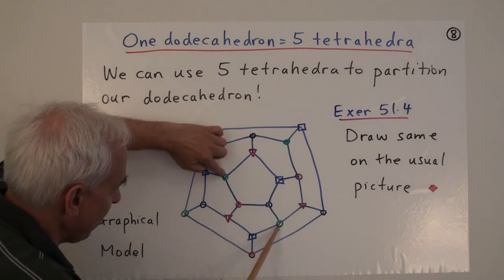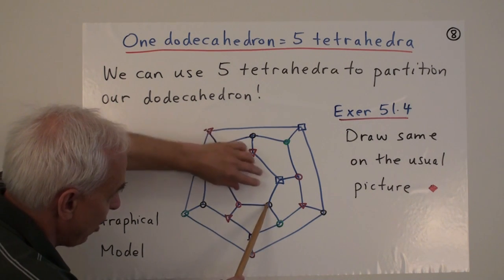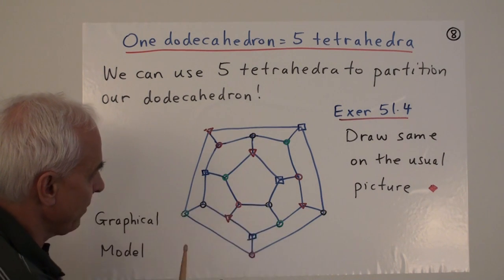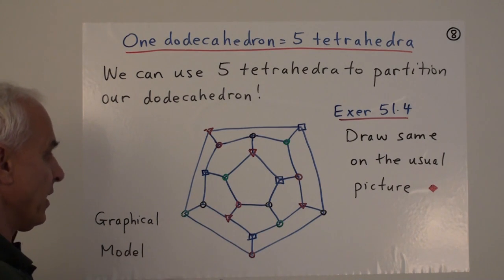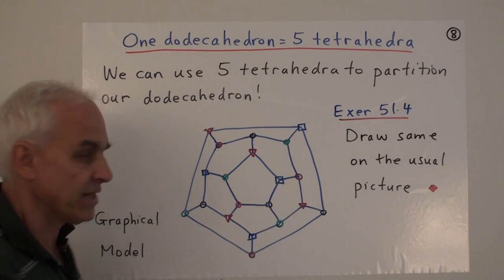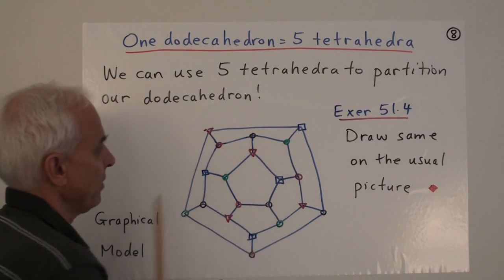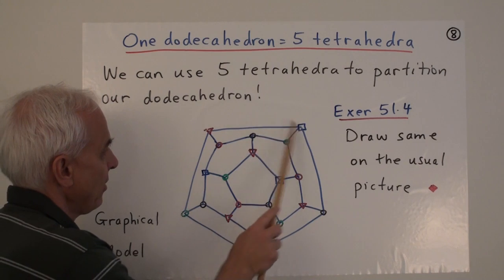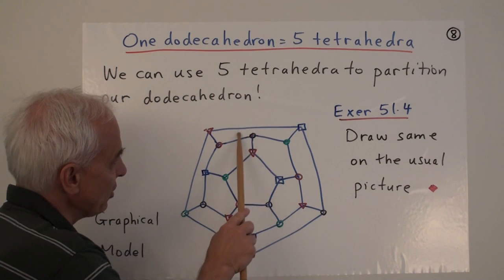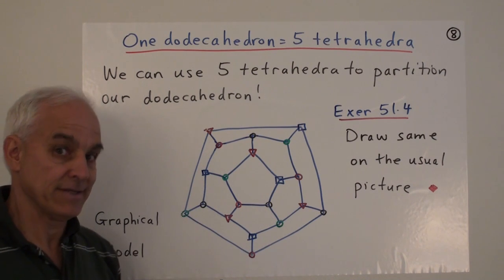So notice to go from here to here is a Z path. So we're going here, and then here, and then here. So we're going a little ways along that face, and then we change to go around the adjacent face here. And any two of those 4 green vertices can be connected in such a way. So for example, to get from here to here, there's exactly one such Z path. We can go from here to here to here to here. This is a path around the outside face, and then from here to here we're switching to going around this adjacent face. Still a Z path in the same sense combinatorially.